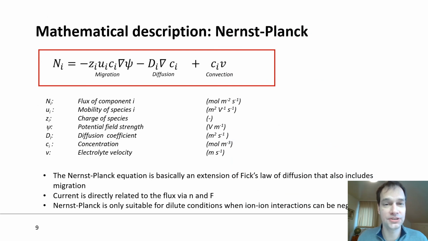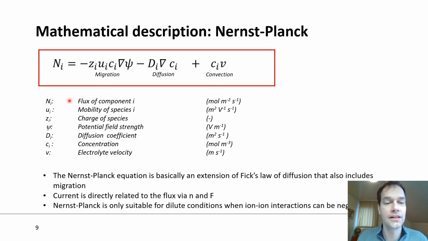You can also describe these modes of mass transport with an equation, namely the Nernst-Planck equation. You can see it here. The flux of a component depends on a migration force, a diffusion force, and a convection force. And here you see them with their respective units. Now, basically, Nernst-Planck equation is just an extension of Fick's law of diffusion, but now also includes this migration term. The flux that is here, that is directly related to the current density via the number of electrons and the